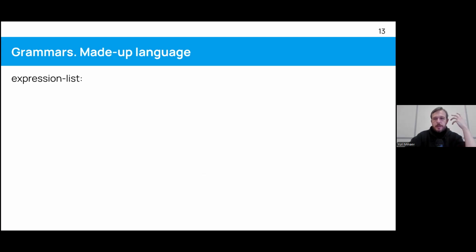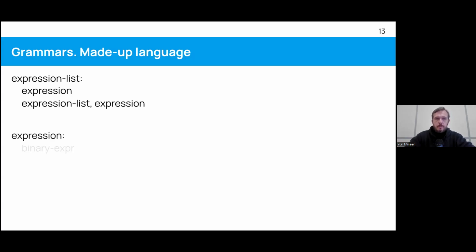Because an expression list consists of expressions, and also it can be an expression list to which we attach an expression at the end. This grammar is written recursively, and that's a good thing and a bad thing at the same time, but we'll see later.